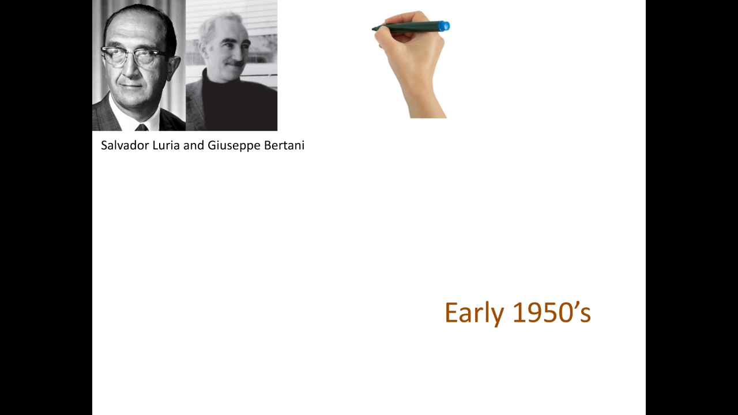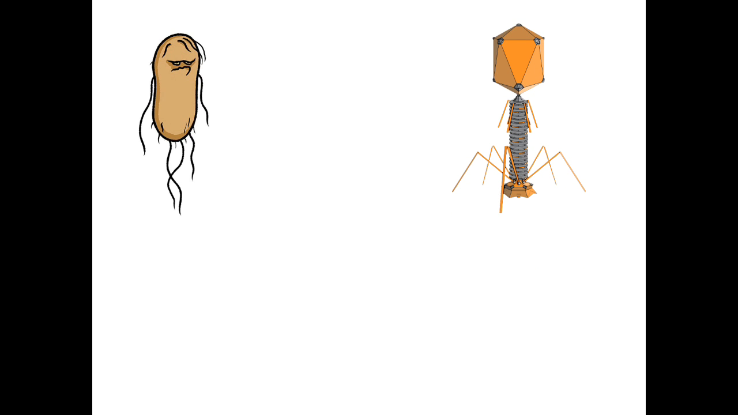As I said before, it was early 1950s. There were 2 scientists. They were known Salvador Luria and Giuseppe Bertani. This is Italian, don't go with the spelling. What they found out is there's a relationship between E. coli and phage, or lambda phage. The strains of E. coli have